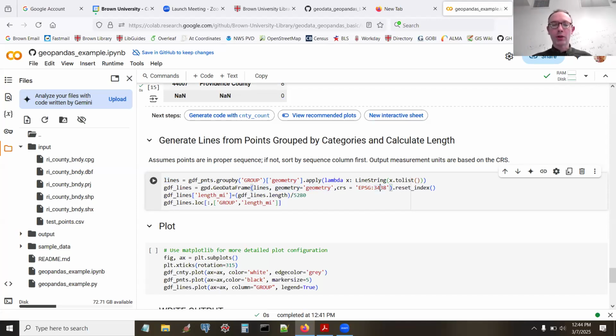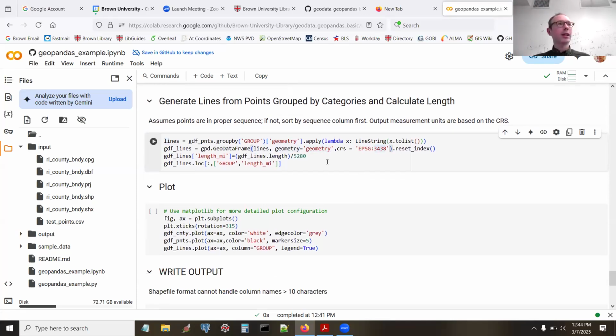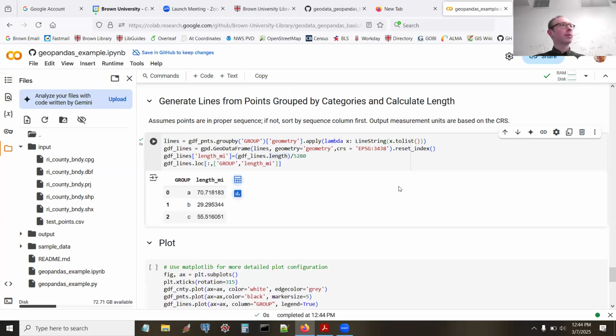We declare what the spatial reference system is going to be. And then once we have geometry, we have a number of other functions that we can apply, like this one, where if I have lines, I can calculate the length. If I have areas, I could calculate the area or the perimeter. So I can basically perform these operations just on the geometry so that I can get something that looks like